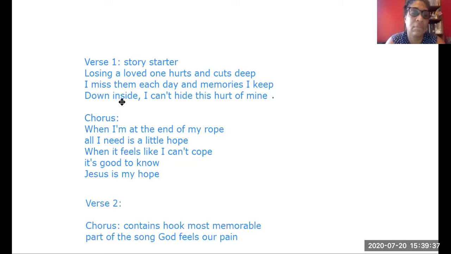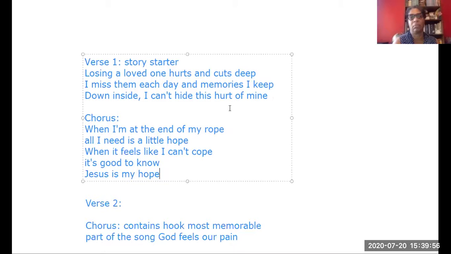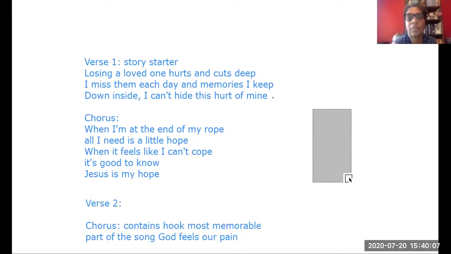So our chorus right now is what we call syncopated. And I'm not sure how to use all the instruments here, so I'm not going to try. But I'm going to take this and put it in a Word document for Wednesday and show you guys. I would draw like a bracket. I guess I could draw on this too. Let me try that. It won't let me draw and text. That's okay. I'll try just the draw tool. No, it's not going to let me do that.